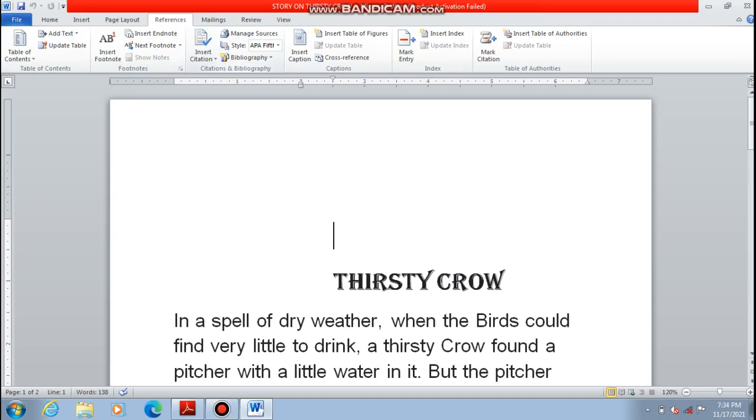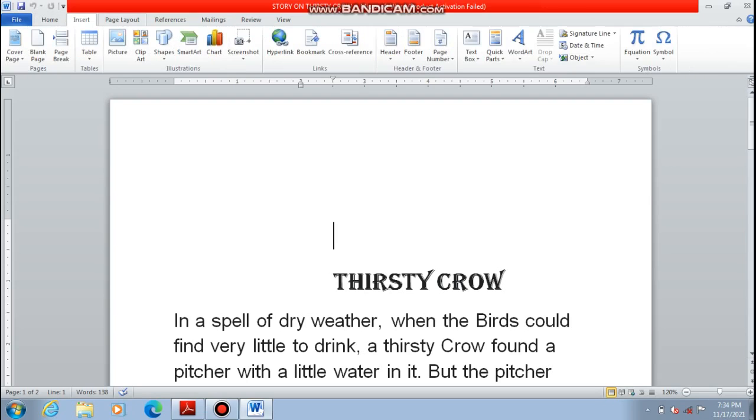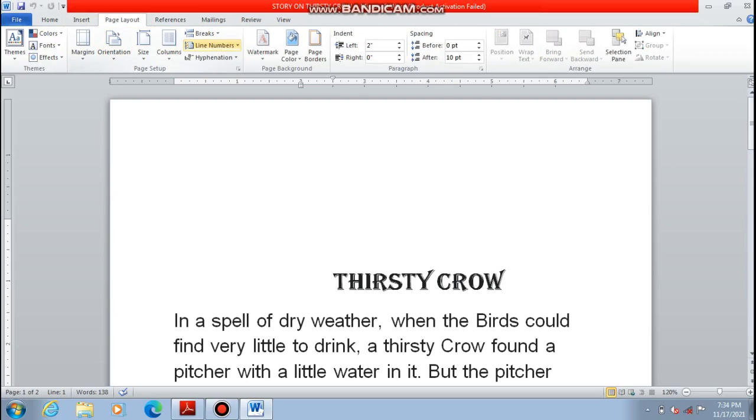Home, insert, page layout, references, mailings, review, view are known as ribbon tab, and what changes below after clicking them is known as ribbons.